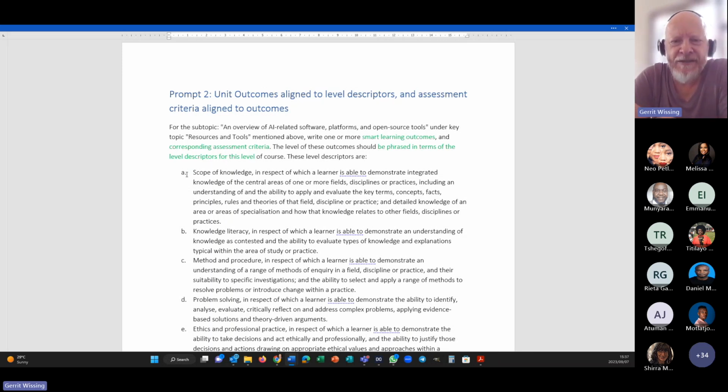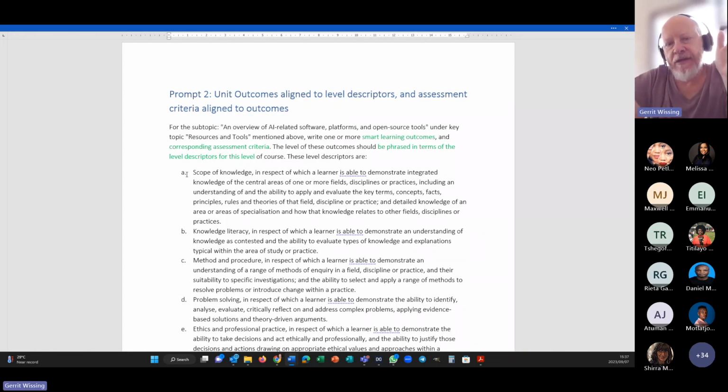So it's actually still quite tricky to write an outcome that's relevant to your subject matter, but that's pitched at a specific NQF level. The level descriptors don't really give you good guidance on that. It just says, demonstrate achievement of outcome. It doesn't have those specific directive verbs that we've already developed for Bloom's taxonomy. So my question here was,